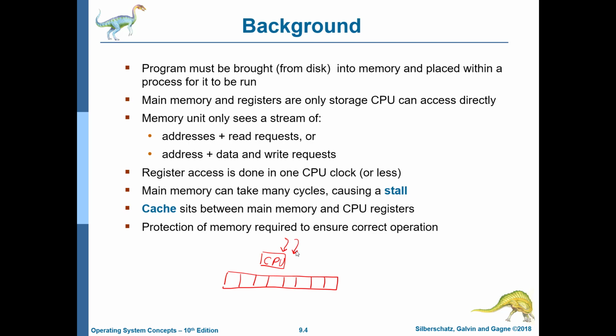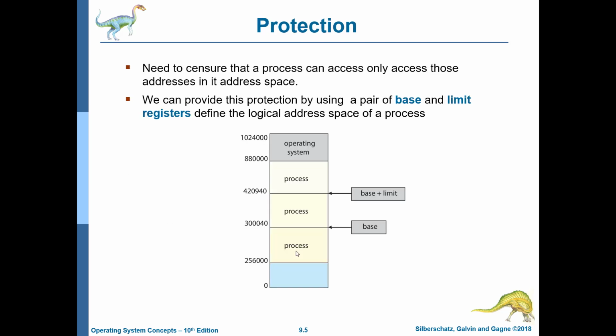And needless to say, if multiple processes are running, we need some degree of protection and isolation. Otherwise, one process can see the data written by another process and essentially run away with its data. Protection. So we need to stop a process from accessing addresses that belong to other processes. So one of the old methods of doing it, so mind you, this is quite old, a variant of it is there in modern x86 processors. Nevertheless, the method is old.